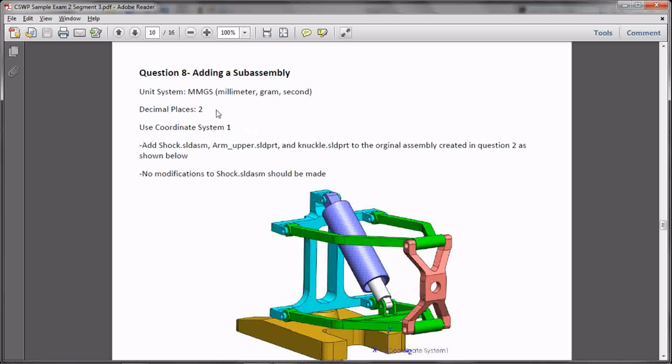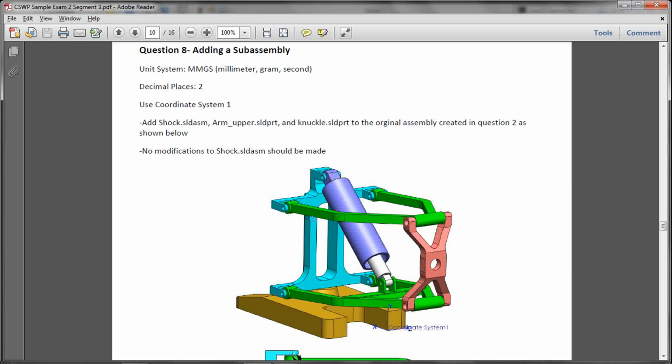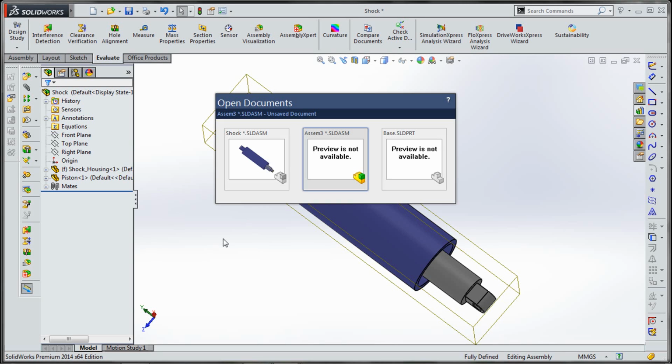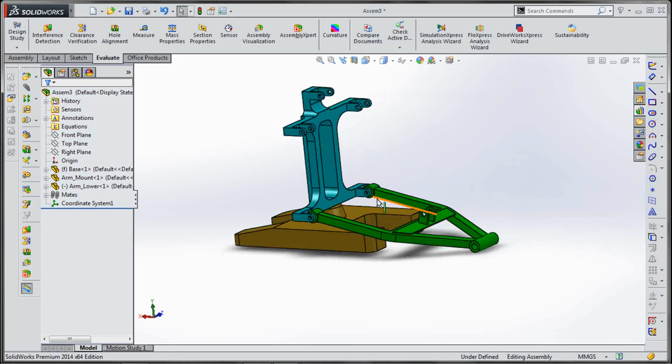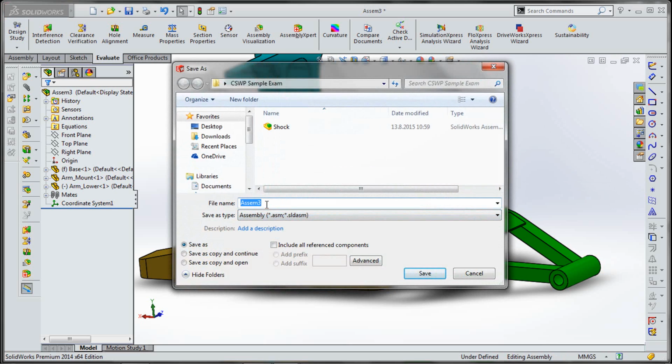Again, now we have to add this subassembly and a couple more components to our main assembly. So let's do this, and I use Control Tab to go between all open SolidWorks parts, and just to save this, so I will call this CSWP, save.